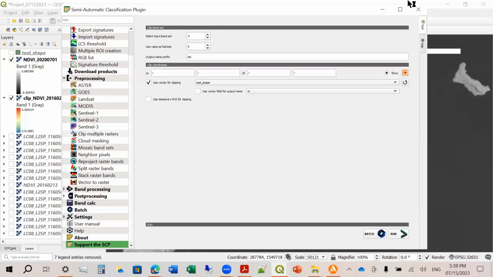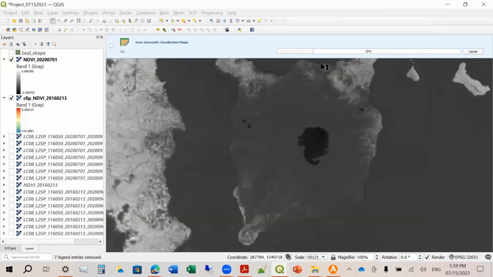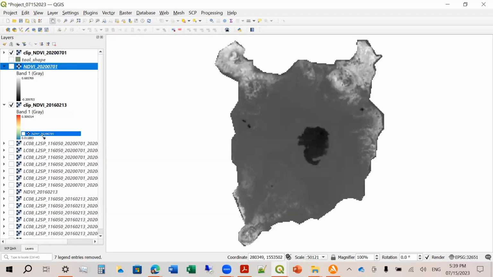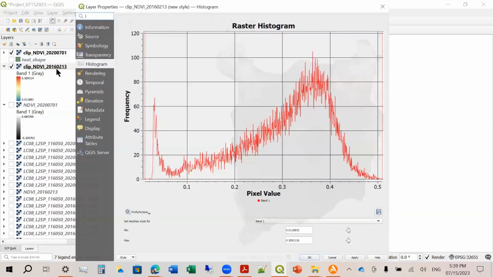Click again, and then, so this is faster because it's only going to clip one layer, whereas earlier we clipped all of the layers. No, this is now our layer. Okay, so let me just uncheck this one and move it here. Okay, so let me define this one.